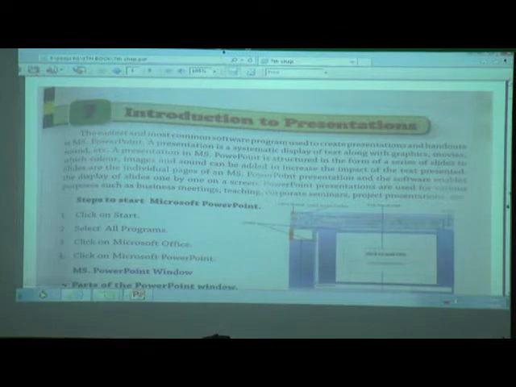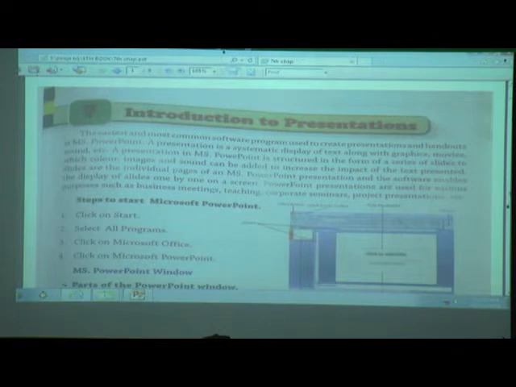A presentation in MS PowerPoint is structured in the form of a series of slides to which color, image and sound can be added to increase the impact of the text presented.